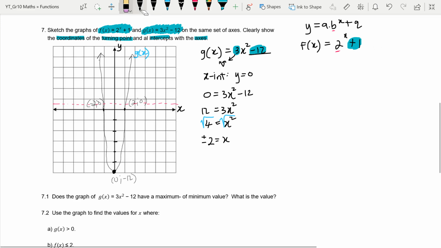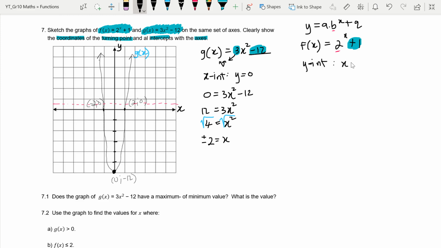Okay, so what shall we do to go plot that? We put in our asymptote. That is perfectly fine. Let's go find our y-intercept. Will there be an x-intercept for this one? The whole graph moved up, and it's going to be above the asymptote there, so there won't be any x-intercepts for this graph. So let's go find the y-intercept and then decide what other points we're also going to go plot. So to find the y-intercept,